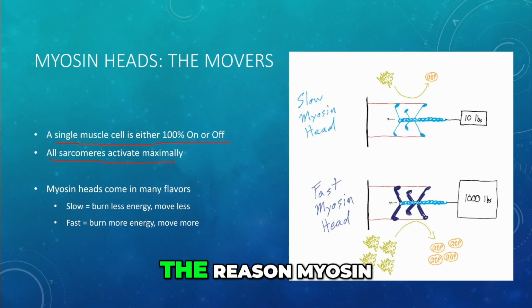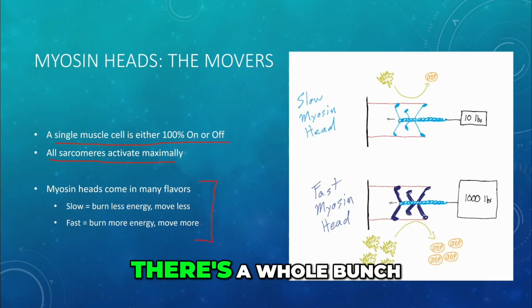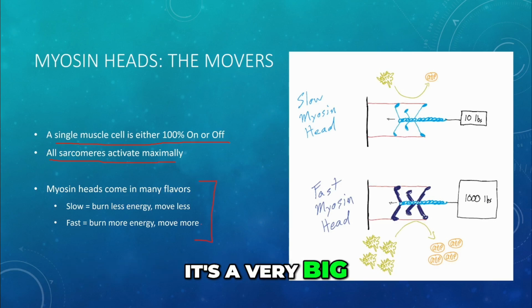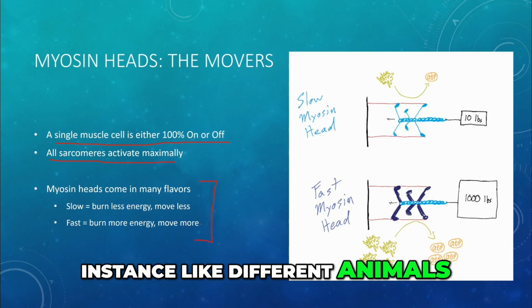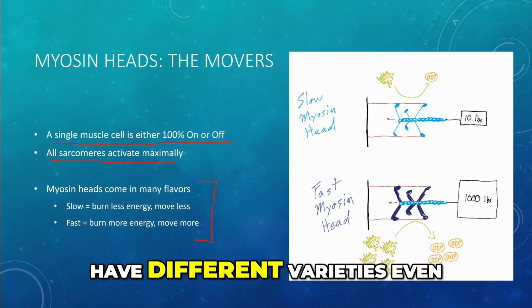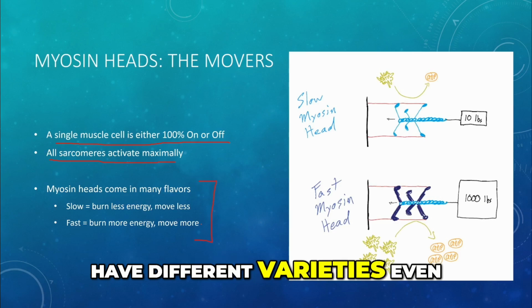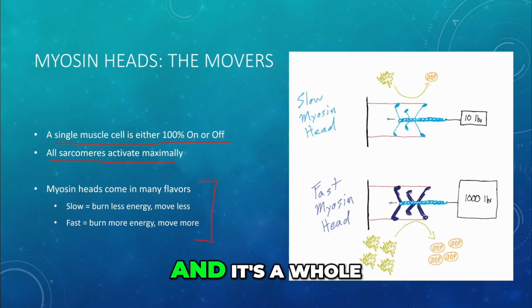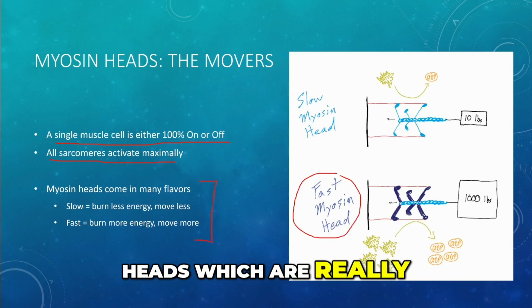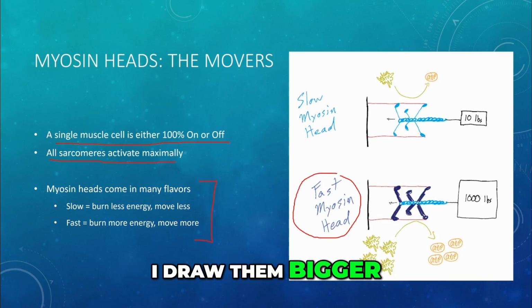Now, the reason myosin heads get a little more complicated is because there's not just one type. There's a whole bunch of types. It's a very big spectrum. You have a different gene for each one. And for instance, different animals have different varieties even, and it's a whole spectrum from fast myosin heads, which are really, I draw them bigger, but they're